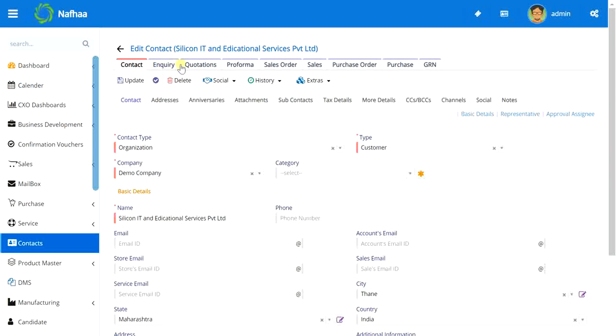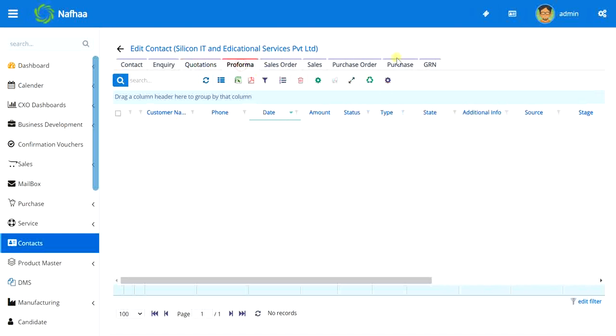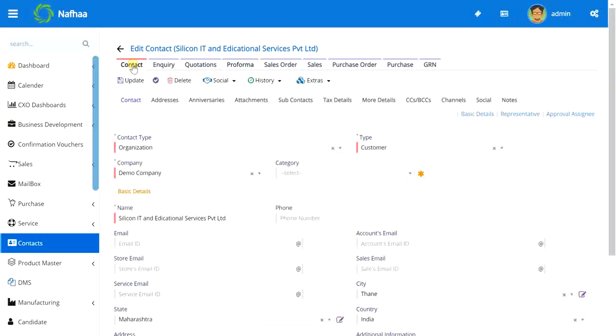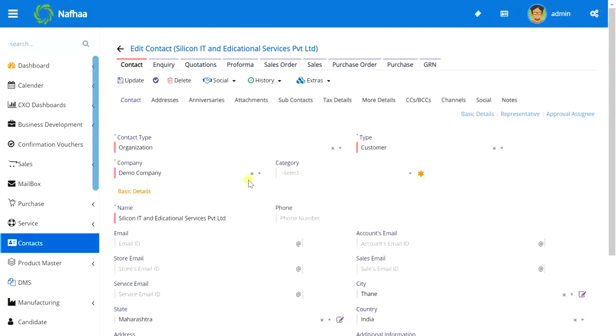Okay, and these are the tabs which will show you all the records, all the transactions done with this customer, like what inquiries were done with this customer, what quotations we have issued to this customer, all the major transactions. As this is a freshly added customer, we don't have any transactions in these sections, but this is a one-point view where you can open a contact and see whatever inquiries, quotations, performance, sales orders, sales, and if he's a vendor, what purchase orders were given, what purchases were done, what GRNs we received from